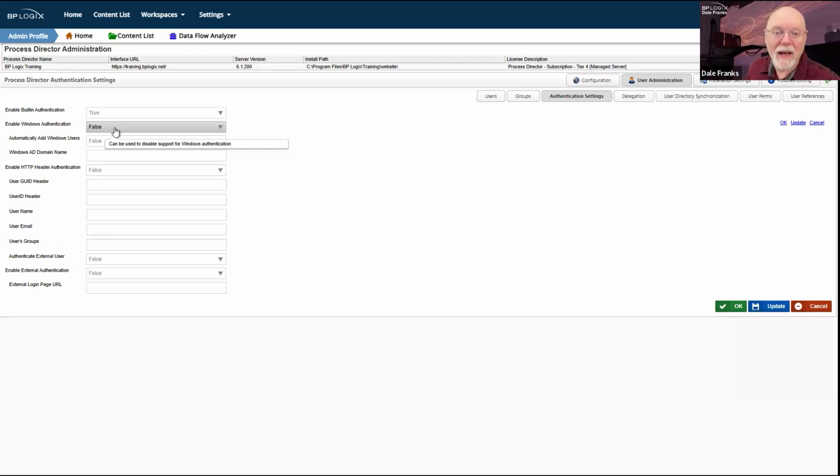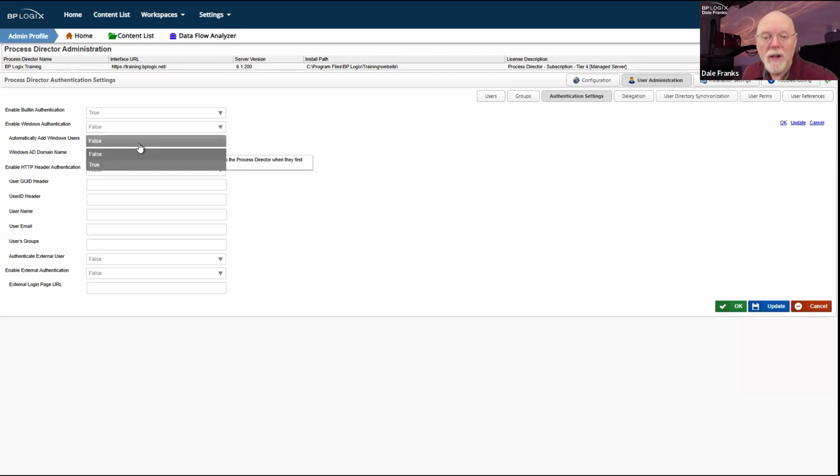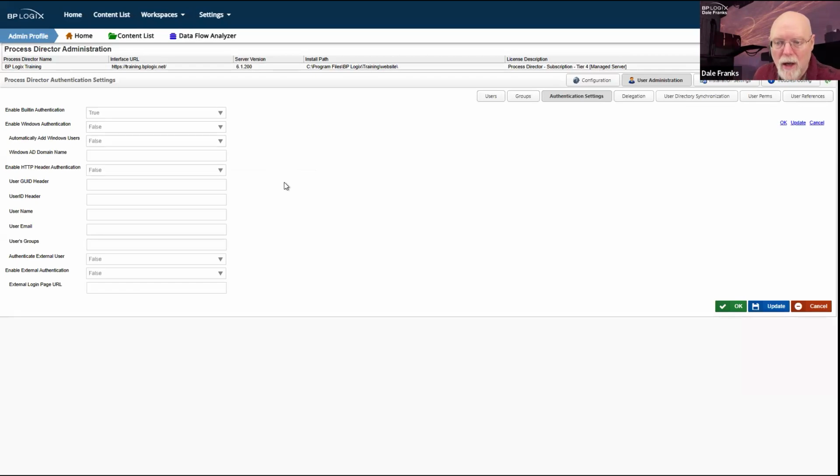And indeed, if you have Windows authentication turned on, you can just automatically add Windows users if you want. So if their account doesn't exist on Process Director the first time they open it, then Process Director will just take their Windows login identity and create a quick account for them in Process Director, and then they'll just always log into that account.